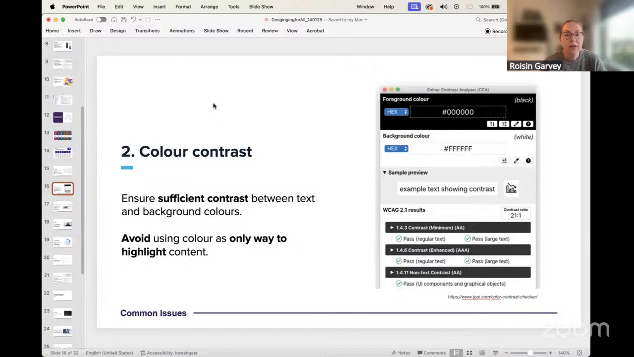Another important one here is color contrast. What we want to ensure is that there's sufficient contrast between the text and the background colors, for any of the information that we want to show in our documents or in our PowerPoints. One of the things to consider as well is that, even if you don't have text on the color itself, you don't have incredibly bright colors or things like that that might be jarring